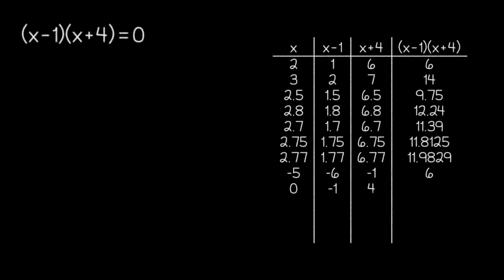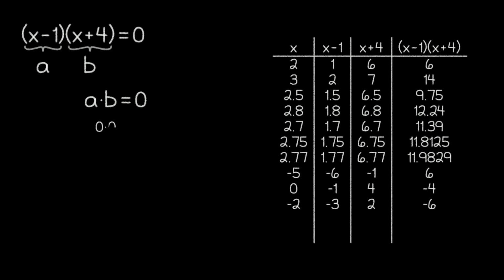Initially, it might seem like we'll be stuck guessing at our solutions like before, but something special happens here. Since the factored form represents a product, we can think of this situation like this. Here, a represents the first factor, and b represents the second factor, and we want a times b to be 0. Now, one situation that will work here is if a and b are both 0, since 0 times 0 is definitely 0. But there are lots of other situations where two numbers multiply to 0. 0 times 4, -8 times 0, 1,439 times 0, 0 times 5.287.